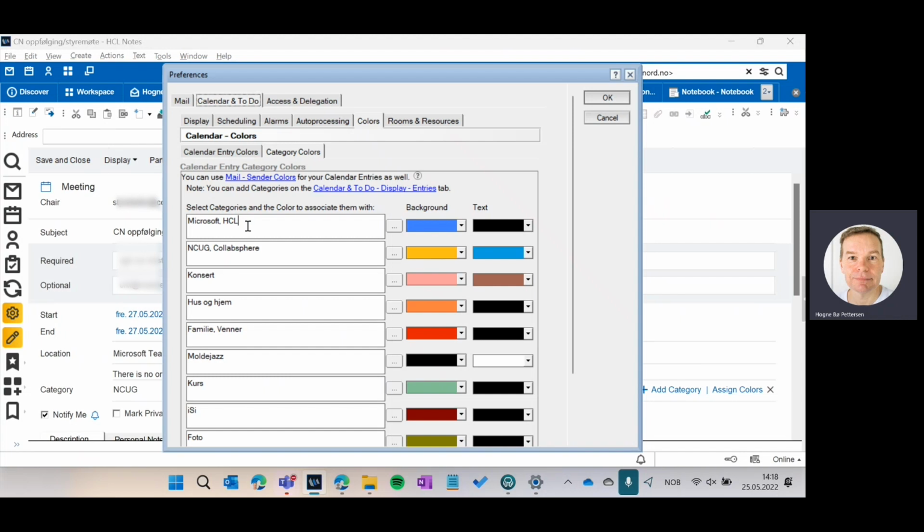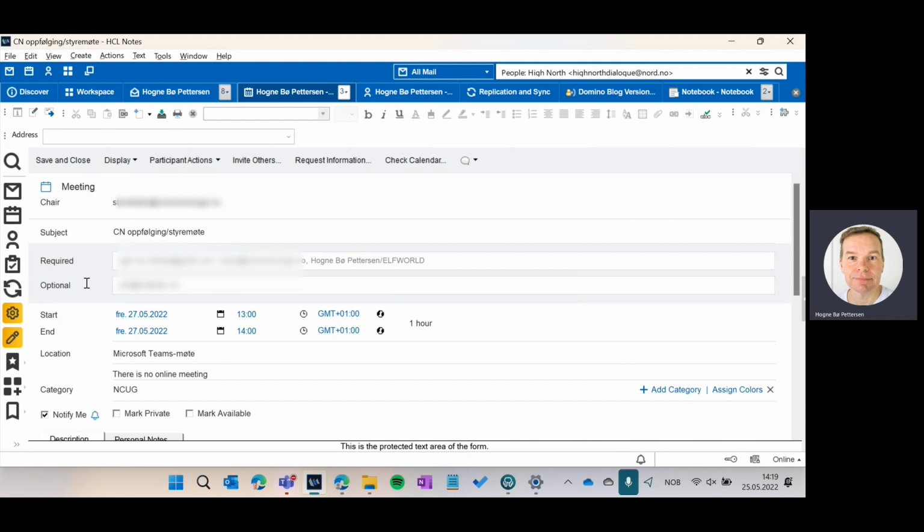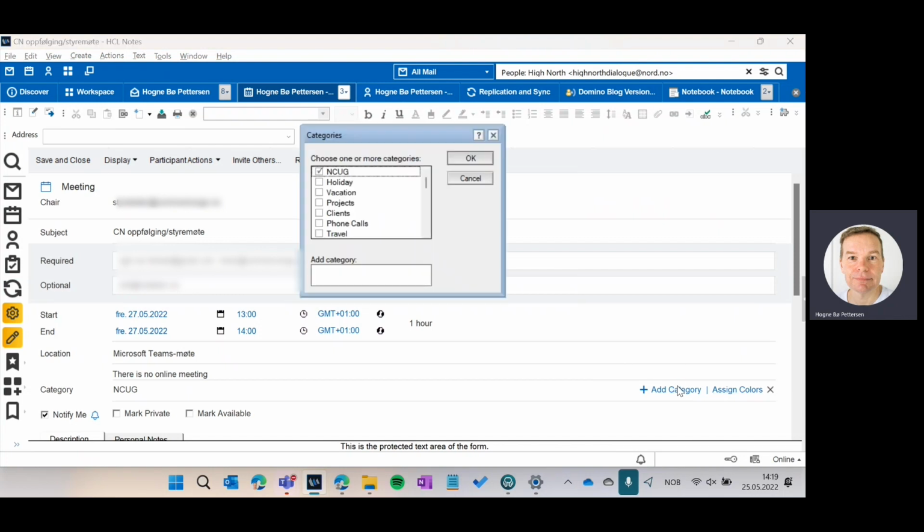So you can throw one look at it. I should maybe have separated Microsoft and HCL, but so you can add categories and so categorize your meetings. You can just click on category here, and then if you have assigned that category a color, you can organize your calendar in a very, very